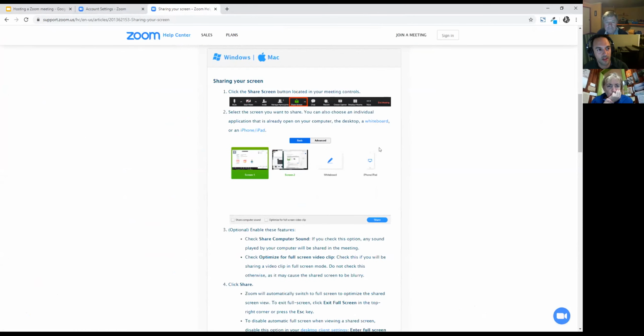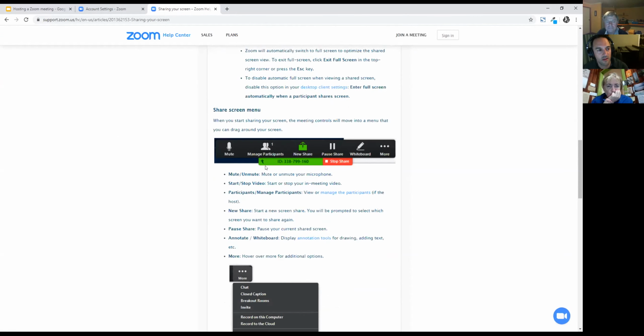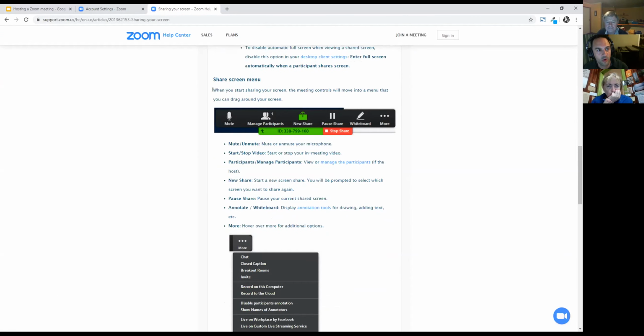It shows you what it looks like, as we did before, where you can select which screen you're using. And here, Philip, is what you'll see. This image is what you will see when you are currently sharing your screen. You'll have this grey toolbar towards the top. You'll have the meeting ID and this red button that says stop share. I didn't get that when I was sharing.